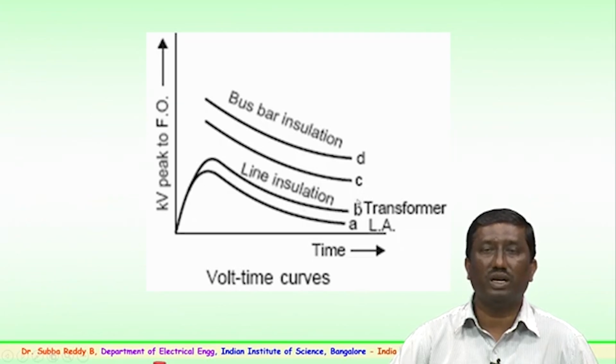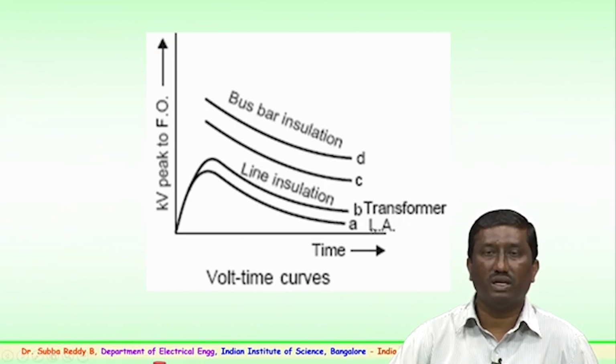To protect the transformer, we have an LA, that is a lightning arrestor, which has a lower insulation level than the transformer. So, in case of over voltages, failures, or abnormal conditions, the initial sacrifice should be the lightning arrestor, which should conduct in the transmission system and protect the transformer. So, this is how the line insulation is designed. Further, beyond the transformer, there may be some other insulation which has been designed, like the bus bar and so forth.